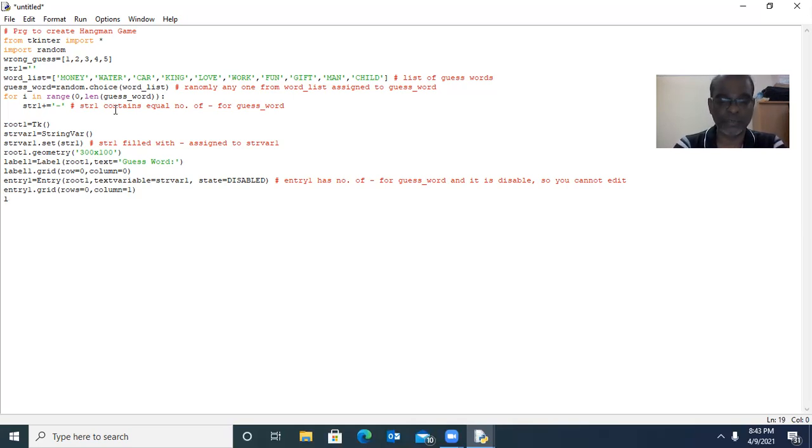In the second row, we need one more label. That is label 2, which should also be placed over the top level window. Here text equal to enter any one character. Here we have to type only one character. Any one guess letter or guess character.